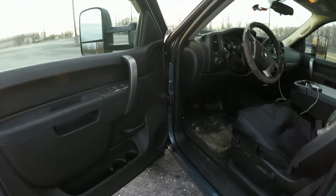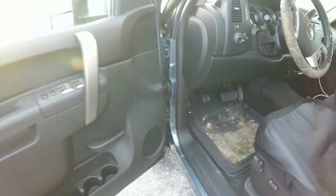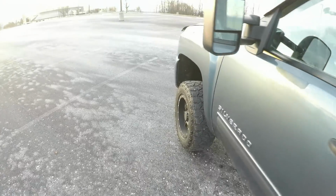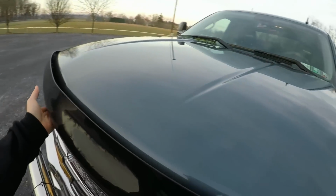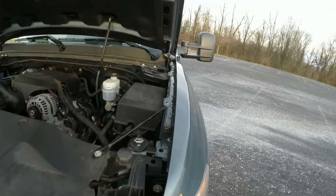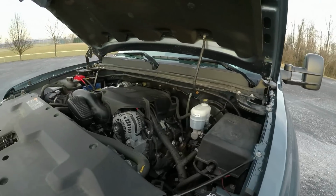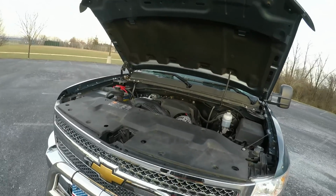So for the third reason on not to get a body lift, it's actually under the hood here. It's the only way I can really show you guys. Let me just open that up for you. Pretty much everything's stock under the hood. Not much to see under here, but if you just look at the overall look now,